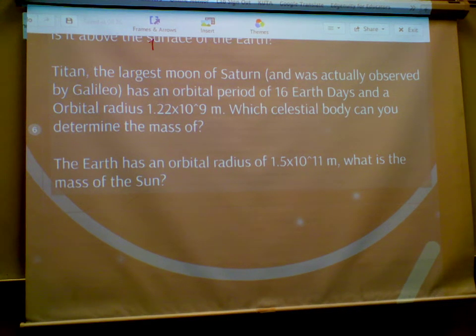Right? So, some information about Titan. The first one is it has a period of 16 Earth days, and it has a radius of 1.22 times 10 to the 9th meters, right? How do we figure out the